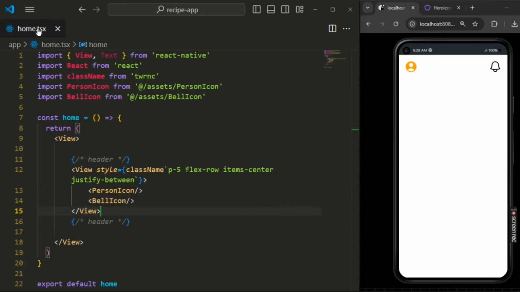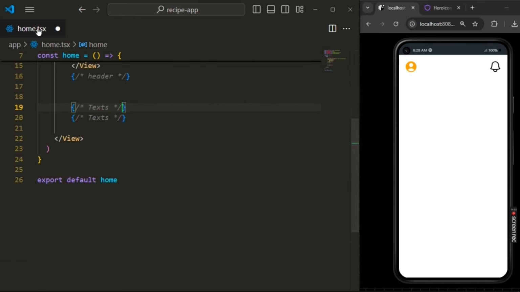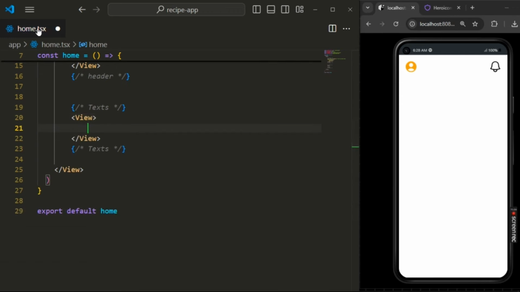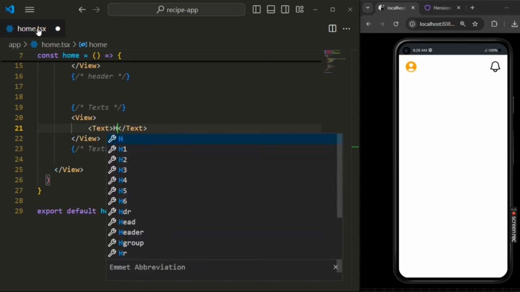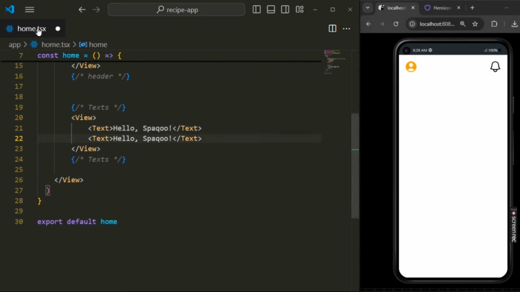So I think it's looking good for now. And let's move toward the next section, which is the text section. So I am commenting all this stuff because it will make it much easier to understand where the stuff is for each component. So I am using a view. Inside a view we have to call a text element. Inside the text we have to write hello Spaqoo, and just remove this text and write something like make your